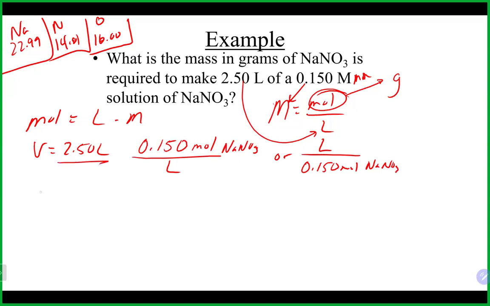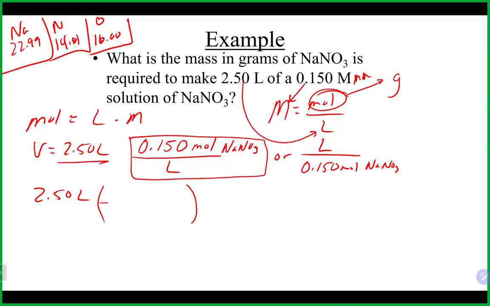We're going to start with our volume here, and we want to get rid of it. So opposite means we're going to use it just like that. That's going to give us 0.15 moles of sodium nitrate per liter of solution. The liters will cancel in this case, and that will give us 2.5 times 0.15, 0.375 moles